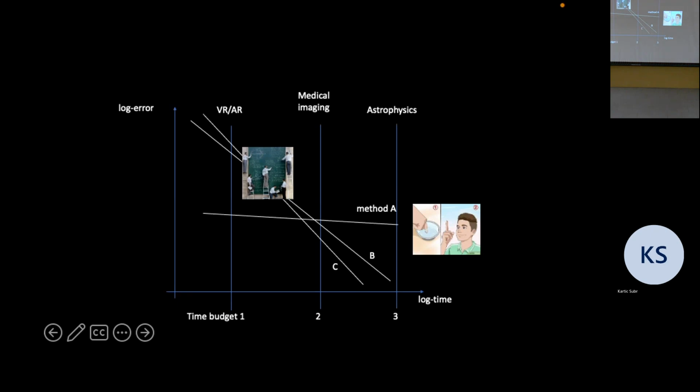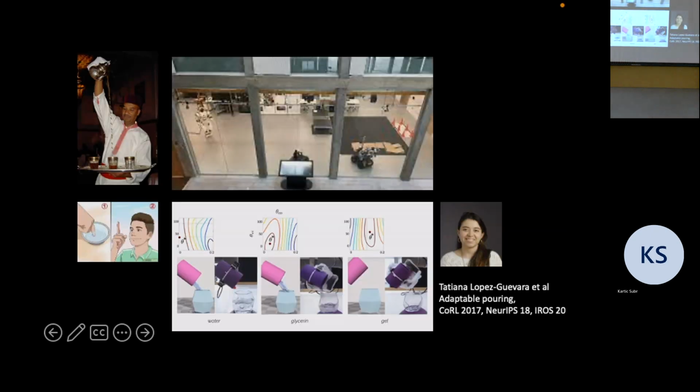And if you ask people what method they prefer, it would be hard to give you an answer just looking at this, right? Because if I only had a time budget of 1 and I wanted an answer, actually method A gives me a more accurate answer. So this raises the question, should I use A, B, or C? There's no one answer, it depends on the application. That's the central idea behind this whole analysis: to pick an application and understand, given a time budget, how can we design an approximation that works for that application?